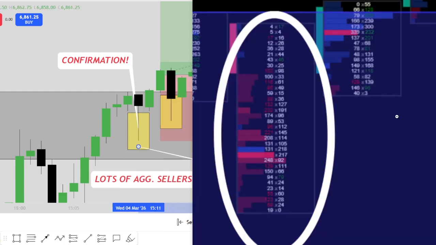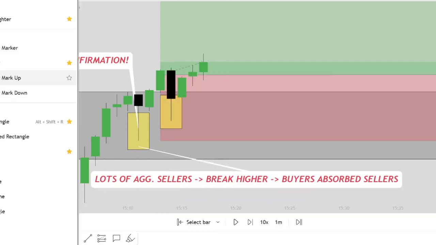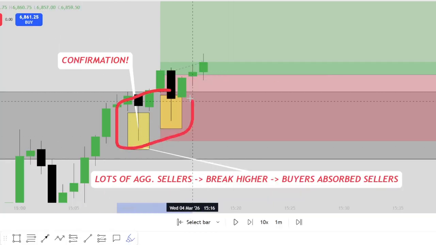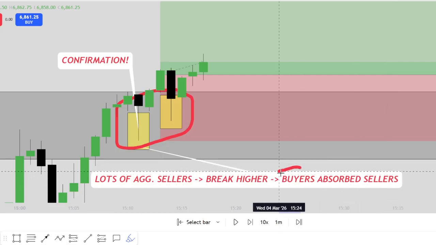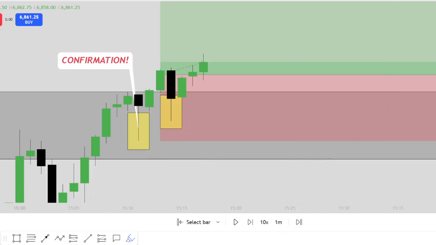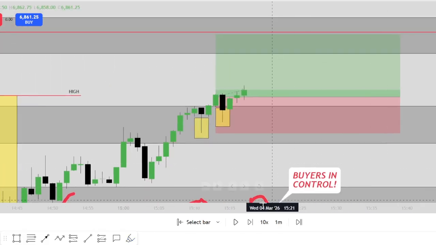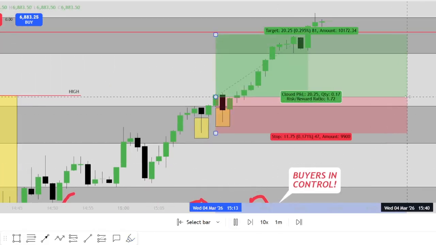And we see the same thing here as well, right here, same thing. So this candle here, so here and here, this confirmed inside of the key level that sellers were being absorbed, which means that buyers were in control. Buyers won the auction, right? Buyers were really in control of the market here. And so if we just play this out, we eventually go on to hit the target and we break